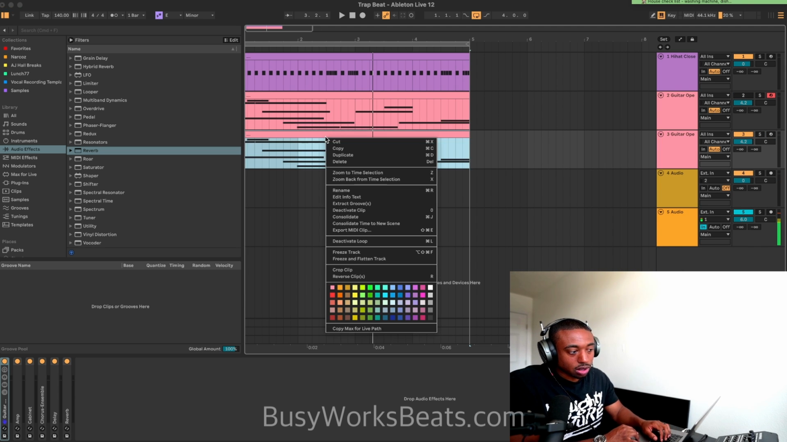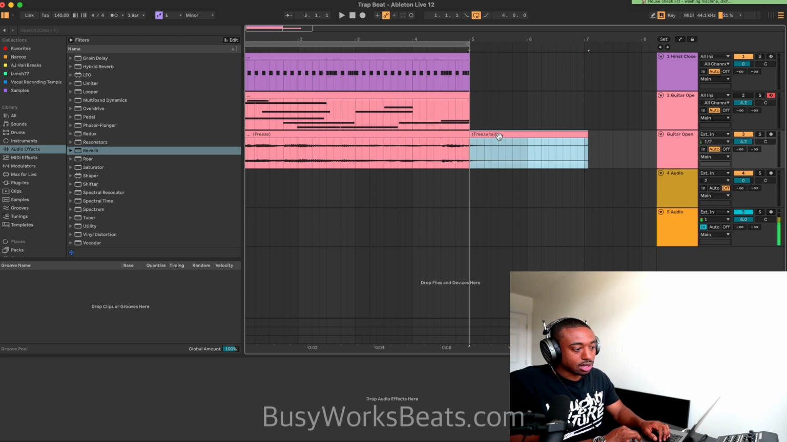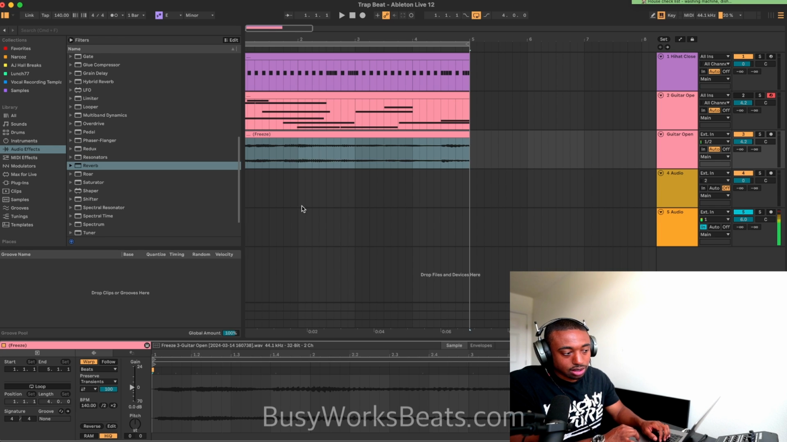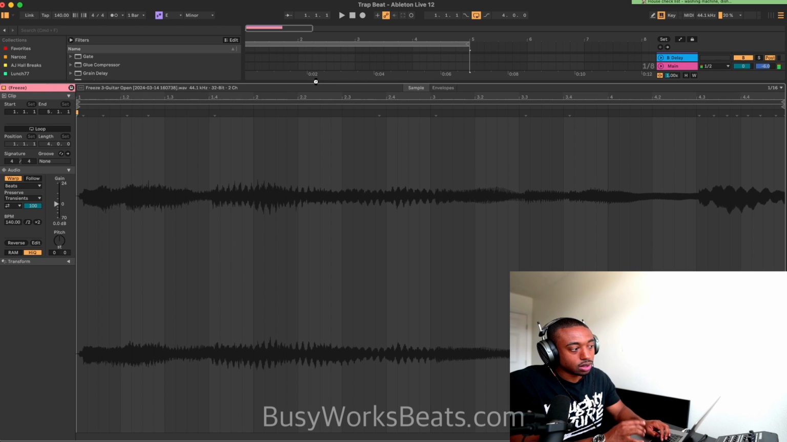For the second one, we're going to right click and freeze and flatten the track. Before you would have to do all this stuff to do it, but now you could just freeze and flatten the track. Okay, so now we have this. We could delete the excess, and now you can double click and mess with the audio. So now we just converted MIDI to audio, and audio in trap is very important because we can make it do cool stuff. So what you're going to do is double click on it, make sure warp mode is on,